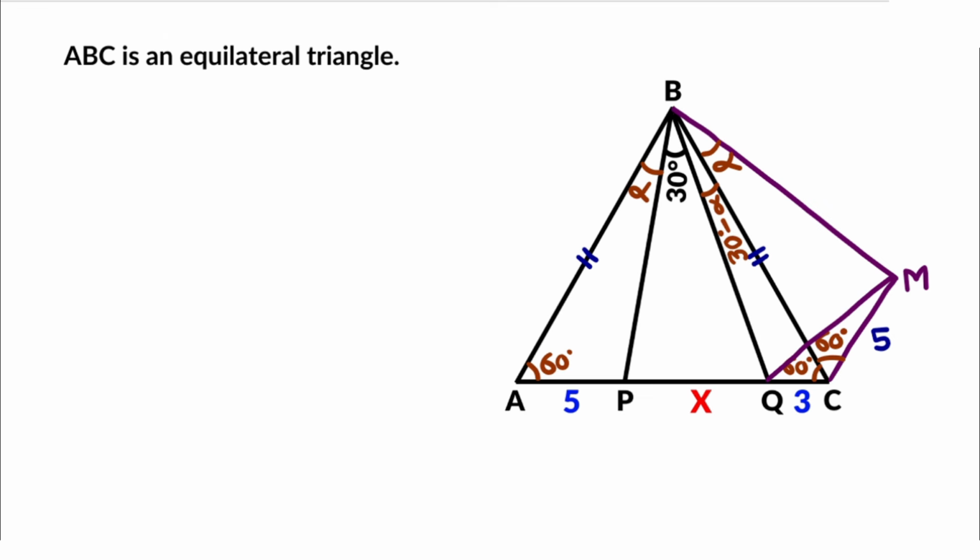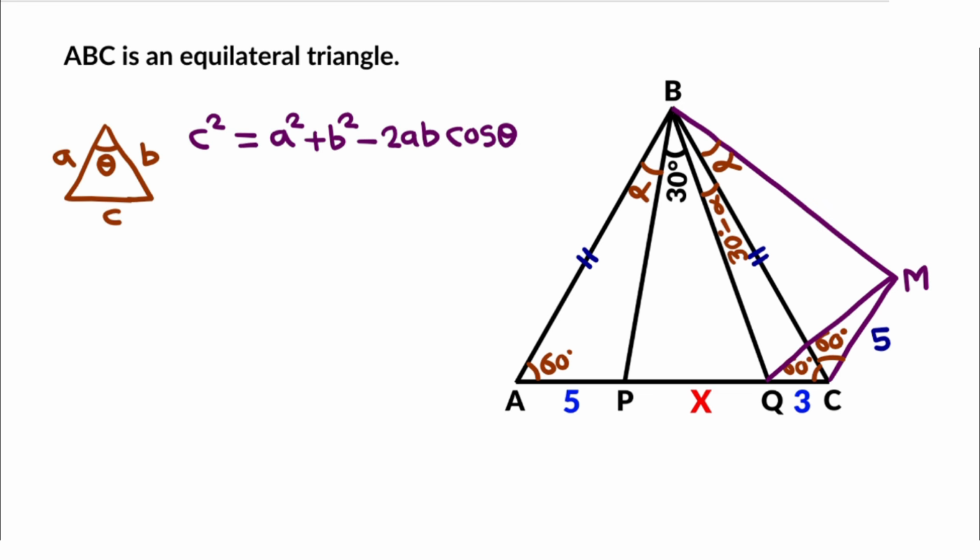Now look at triangle QCM. We know 2 sides and the included angle. Side QC is 3. Side CM is 5. And the angle between them is 120 degrees. Perfect! This is a job for the Law of Cosines. Applying the formula,